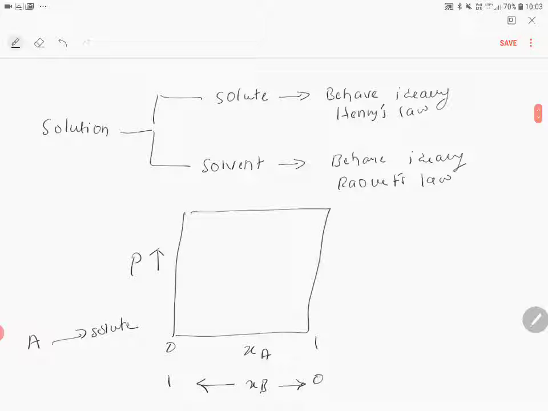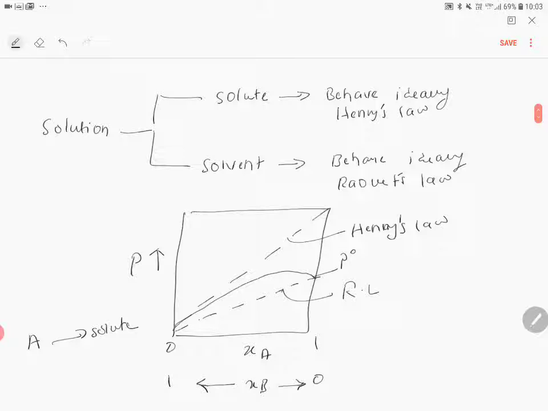Now if you draw a Raoult's law graph like this, this is your Raoult's law graph. And I'll draw the Henry's law graph like this. So this is the Henry's law plot. Here the partial vapor pressure will be in between like this, where this is your P naught A,